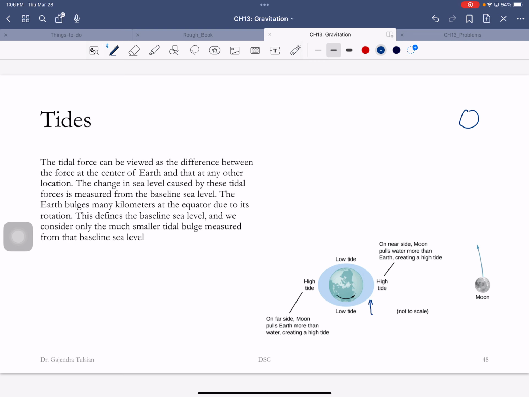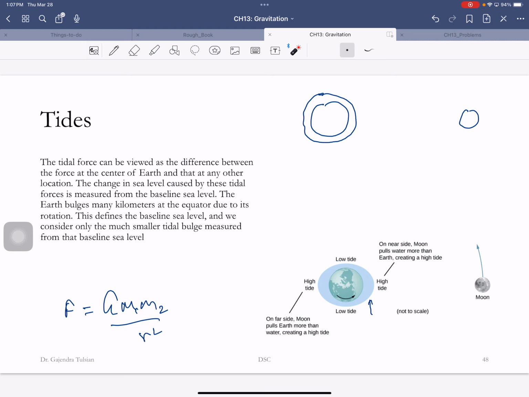Here's the moon, here's the Earth, and here's the ocean. We are trying to explain this bulge. This is sort of more intuitive to understand. Now, what is the force between them? What is Newton's law of gravity? The force depends on how far you are. So this is the moon. The force of the moon on 1 pound of the stuff, or 1 kg of the stuff, let's say, is